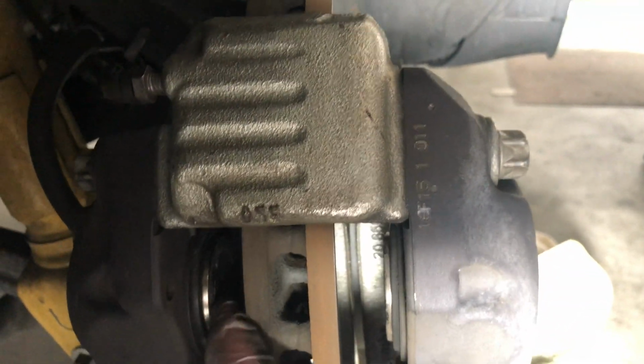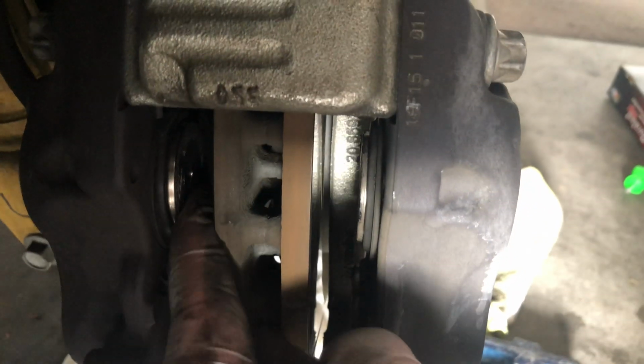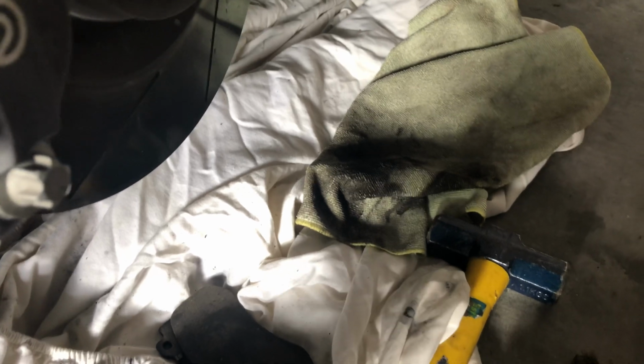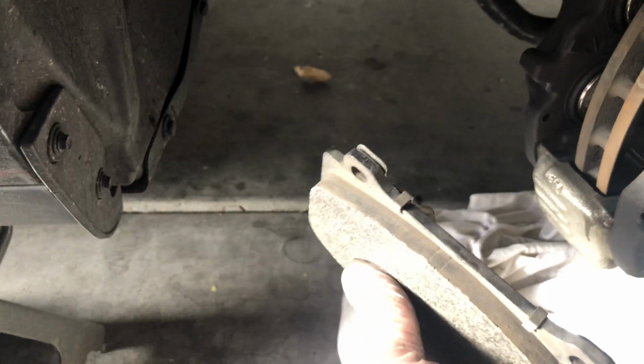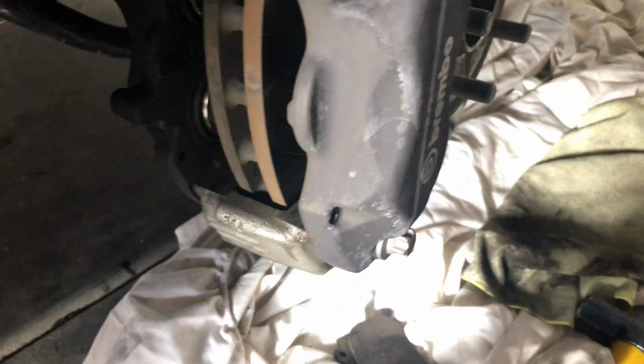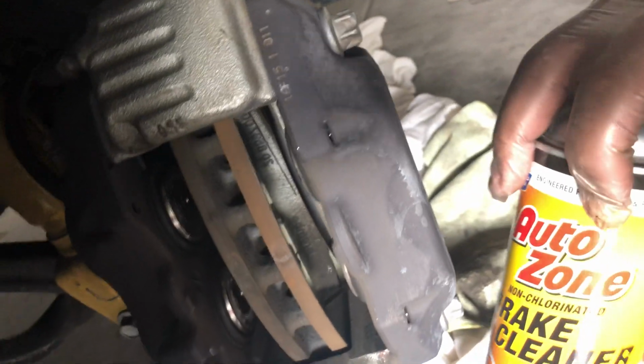Real simple. If you need to push the pistons in, they're real easy to push in. You can stick a screwdriver or whatever to push them in to get the pad in. But my pads, I feel, can last a little longer. So what I did was clean them up real good. I've got a lot of life left on the original pads, but I was getting really bad squeaks. I don't think it's the fronts, but there was a lot of brake dust inside the caliper, so I decided to clean it up with some brake cleaner from AutoZone, and cleaned up the caliper real good